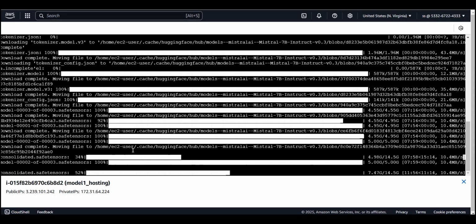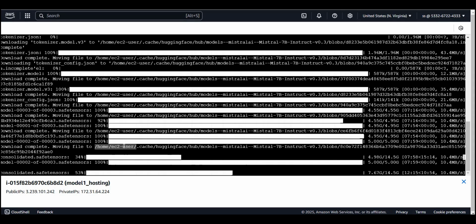Remember this, I am performing this task as an EC2 user, not as a root user. So since I'm downloading this as an EC2 user, this model is getting downloaded